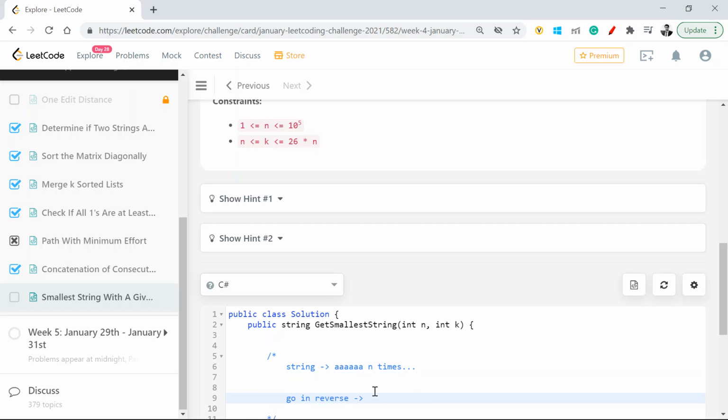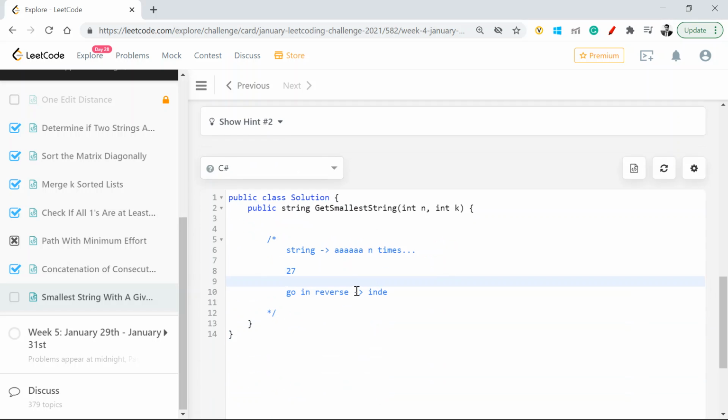So let's take this example: n is equal to 3 and k is equal to 27.